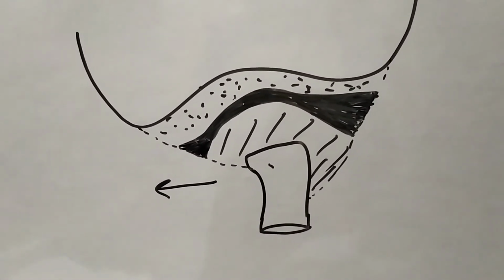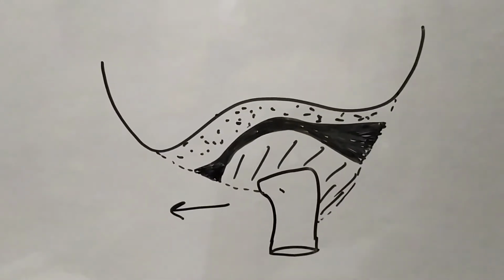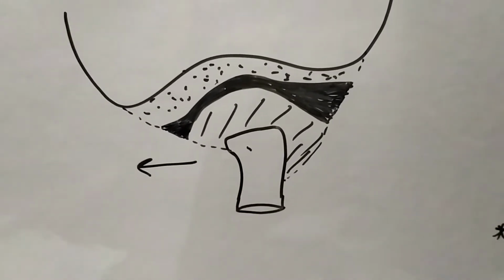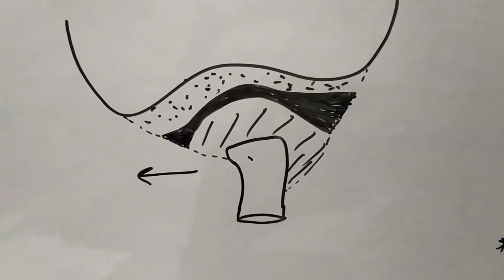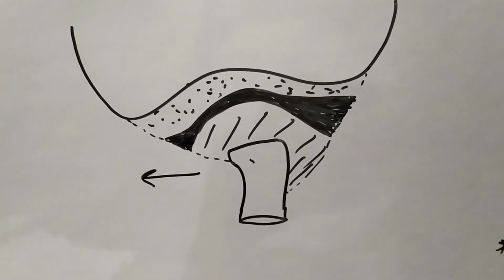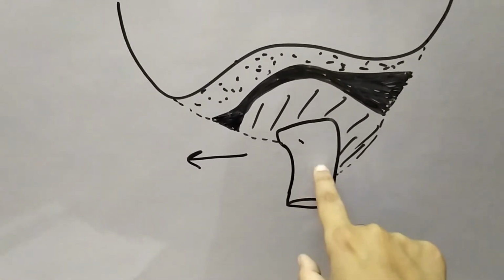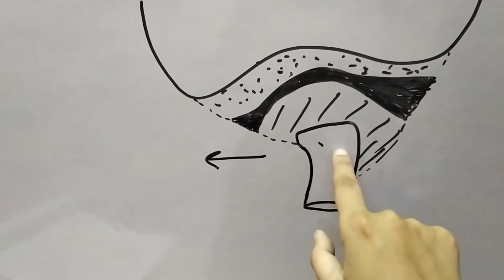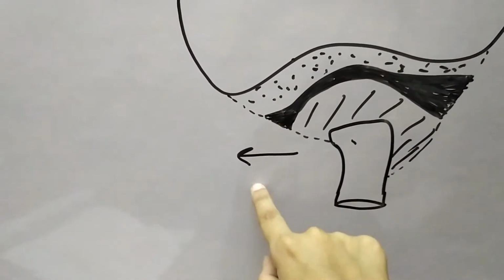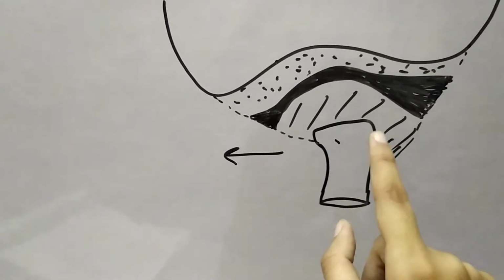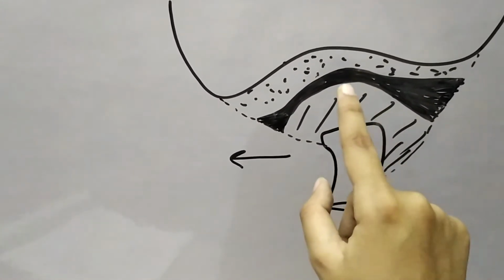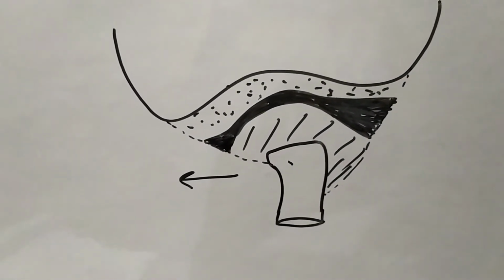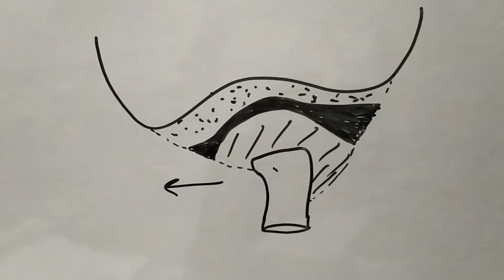So first of all, coming to the mechanism behind the depression movement. Depression is the opening of the mouth. So how does it happen? What is the mechanism which lies behind this movement? When depression is to be carried out, the lateral pterygoid muscle will contract and bring about the movement of the head of the condyle, such that it will move in the forward direction along with the articular disc, and also it will rotate beneath this articular disc in the forward direction. So these two movements of the head of the condyle will ultimately bring about the depression of the mandible.